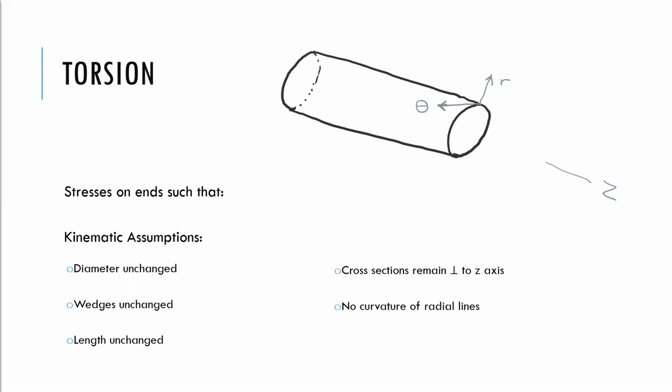Theta is then perpendicular to R and Z. So theta is always going to be tangent to the circumference of your cross-section. And so you can imagine Z is always going to be constant, but R and theta can rotate around that cross-section so that they can point in any direction, right? R can be in any radial direction, theta will always be perpendicular to it. So when we have this,